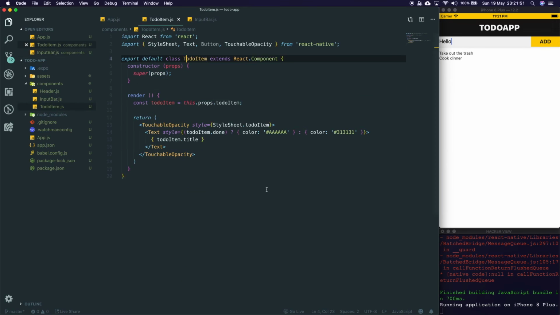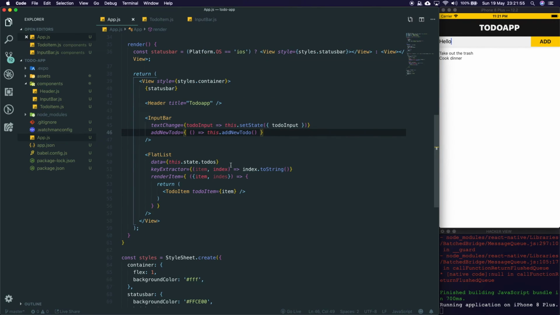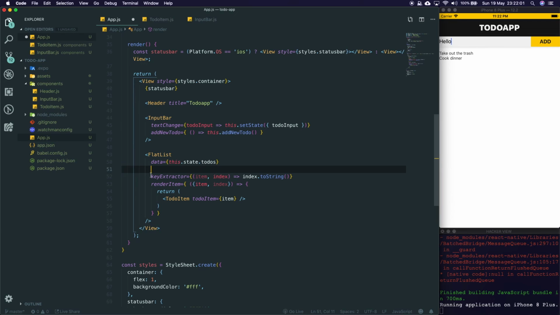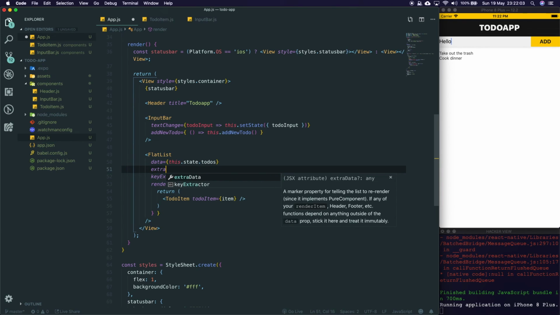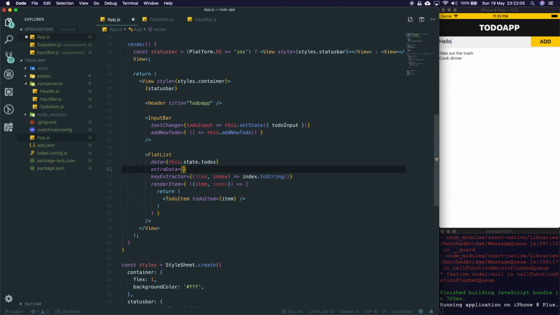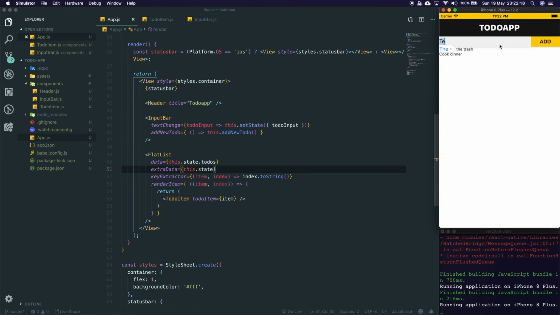It looks good. And then toDoItem is here, and our data is here. So, and that should be index. Now in here, we actually need to pass something else, something called extraData, because the FlatList will not update on its own. It only updates when it listens to its extraData. And in our extraData, we're going to say this.state. So if we hit save, and now we add something new,